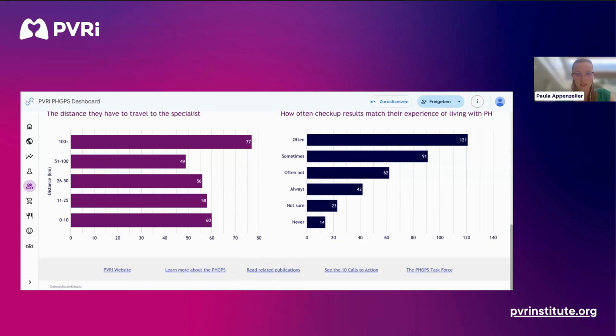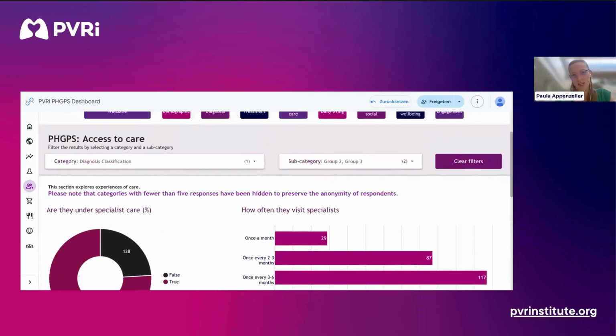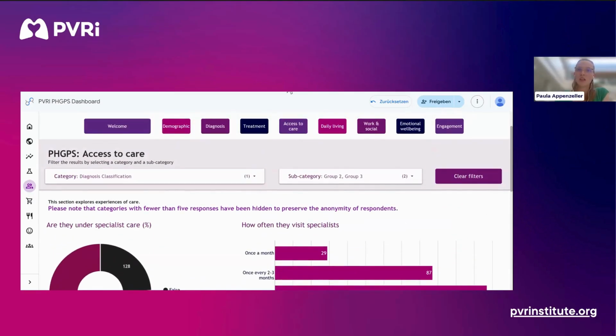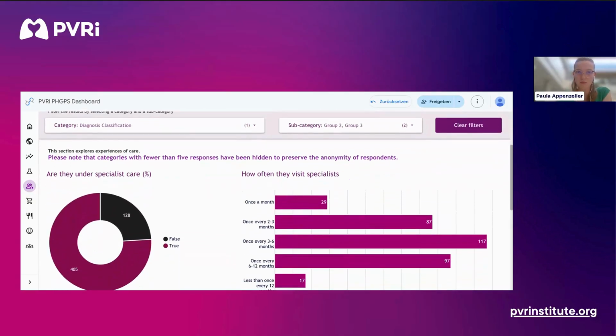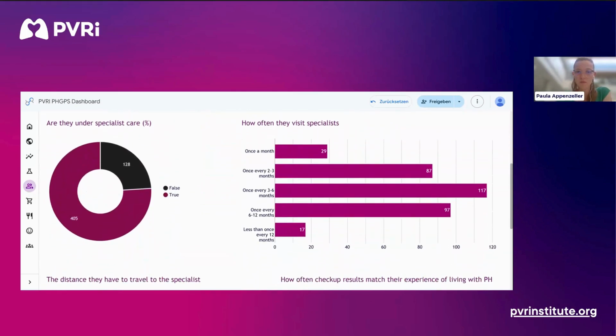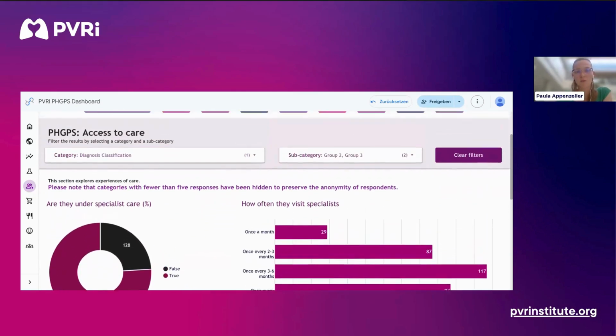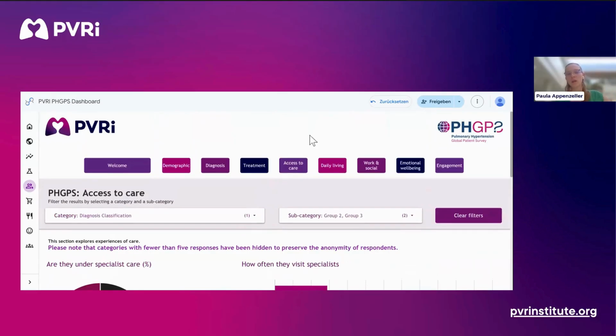And again, if there's any data that you want to see and don't see, you can always ask the PVRI for more data. I would like to invite you, if you have questions and the dashboard is open, maybe you want to ask questions right away. I will give you a minute, and then otherwise we can also move back. Let's see at the questions at the moment. Okay, we can always pull it back up again. So I'm going to hand back to Matt and Hall for the next section.